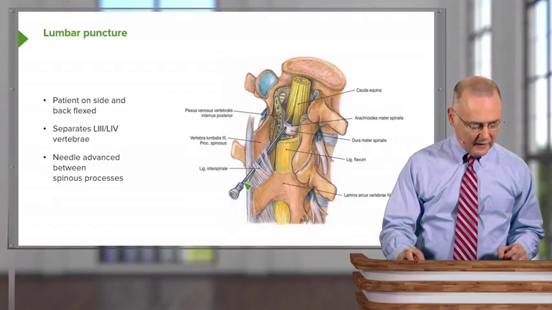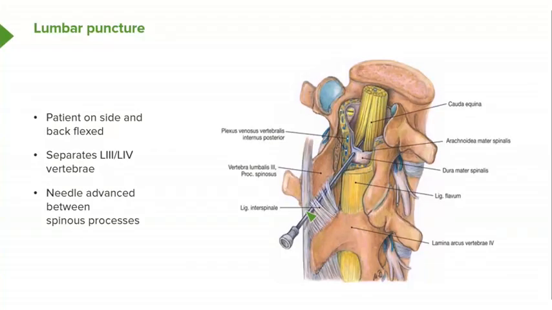And so as we see here, we see the needle. It's a little bit perhaps off from the midline, but here's your supraspinous ligament. It's a little bit to the right here, so the needle has advanced through the interspinous ligament. It then went between the narrow gap between the ligamentum flavum on this side and the one on the opposite side, but it could go through the ligamentum flavum if you're a little bit deviated to the right or left of the midline. It then enters the vertebral canal and then punctures the dura mater and the arachnoid mater, and